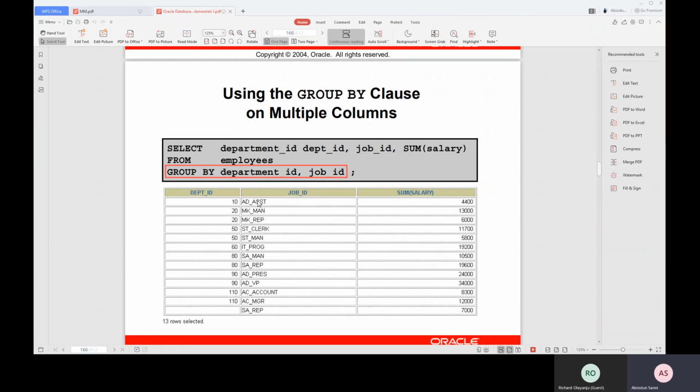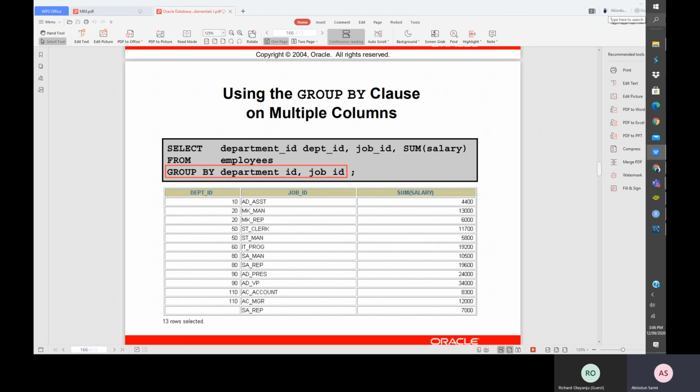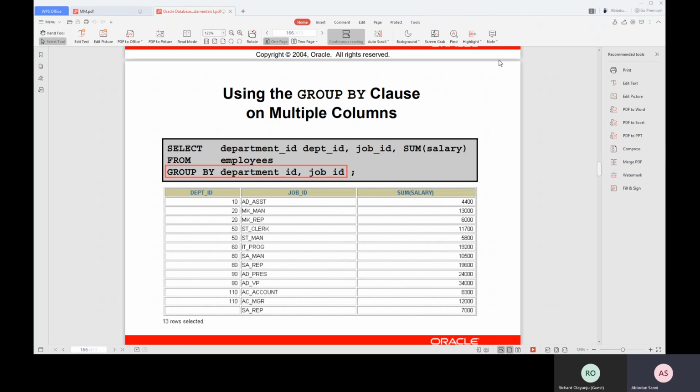So for department ID 10, which job IDs correspond? First of all it does the grouping by department ID, then goes deeper,